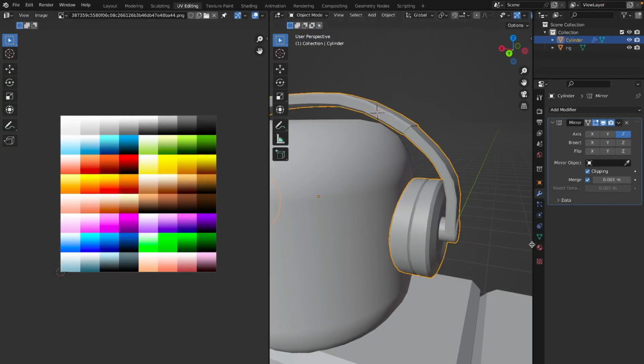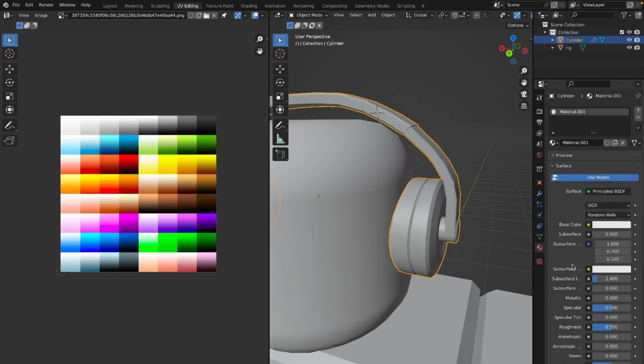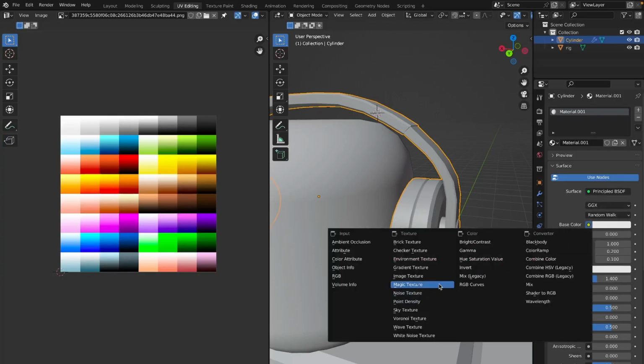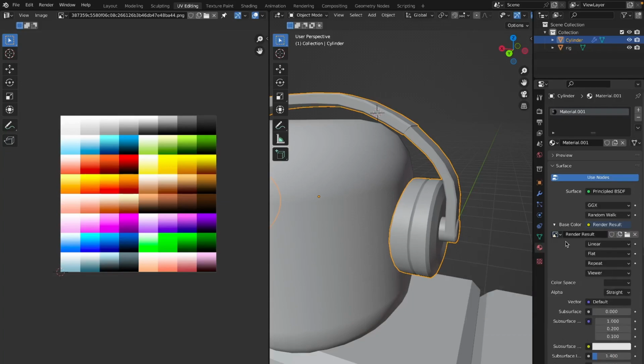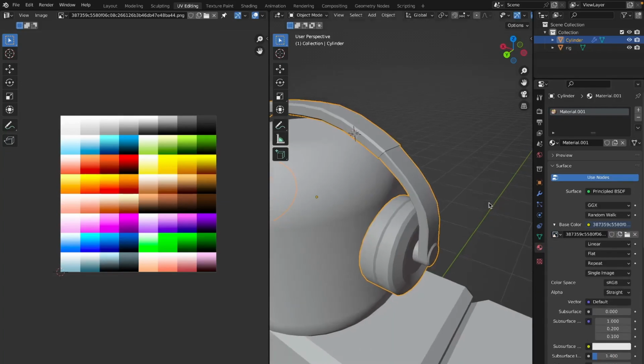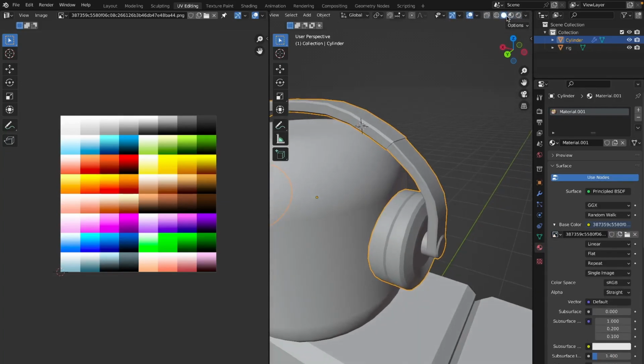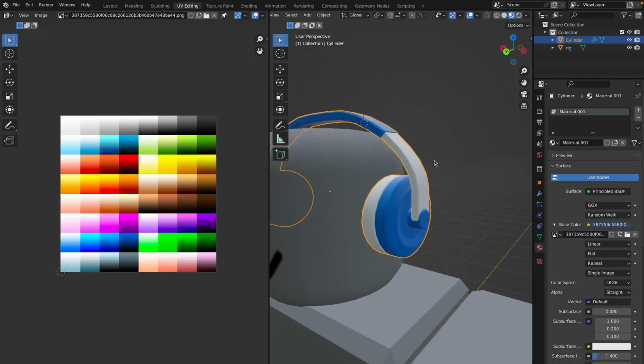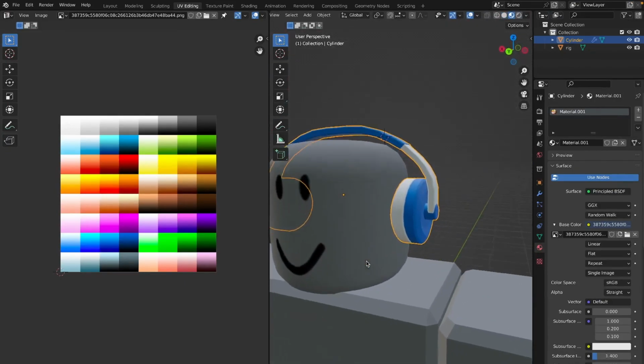With this selected, go to the material tab and make sure you're tabbed out of edit mode. So just click new, and don't worry about any of this right here except for the base color. So click on this little button right here and check the image texture. So click on this little drop down and then click our palette right here. So now if we go into the material view, we should see our headphones colored right here,